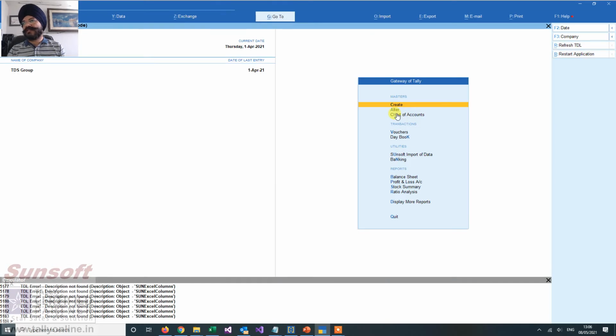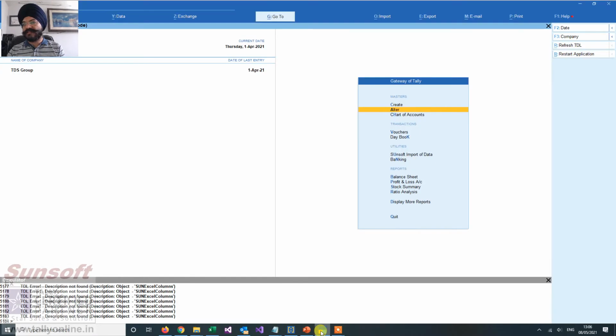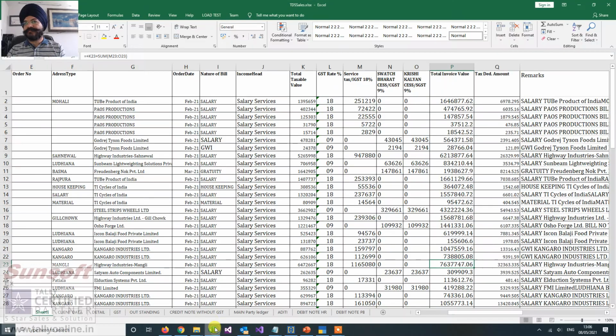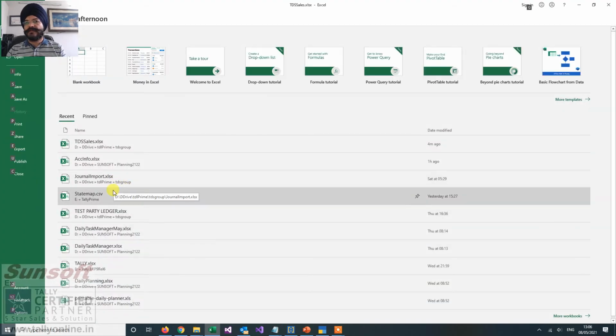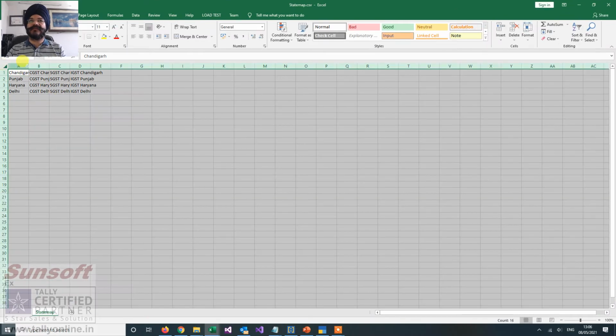that from which state a customer is invoicing. The second solution that we have done is that a mapping file has been provided for state wise taxes. Now what has happened in this is that I'll just open that file. So a mapping file has been provided. Let us see what this file is looking like.